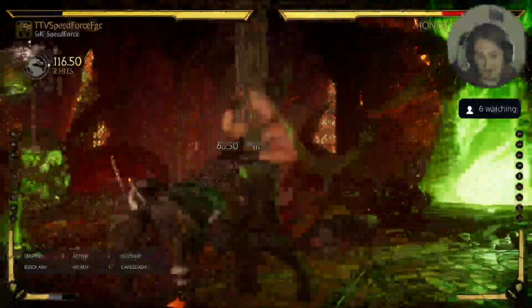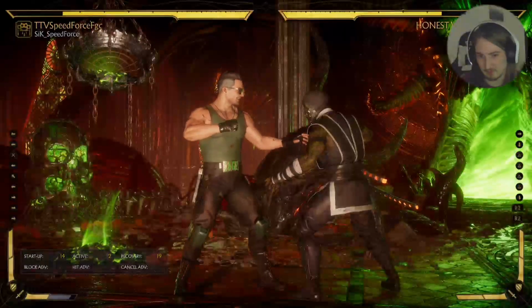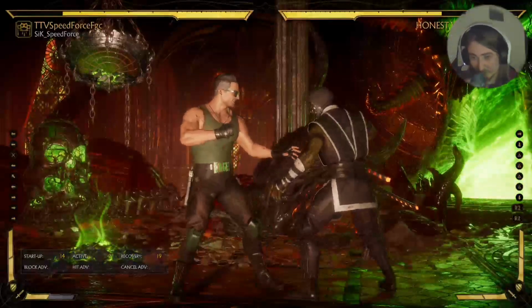So that's like a nice little mind game off of down 4. 4-3, pretty much any other string. You know, put on your pressure. It's your turn basically. You pretty much get to play your game after down 4. Now,